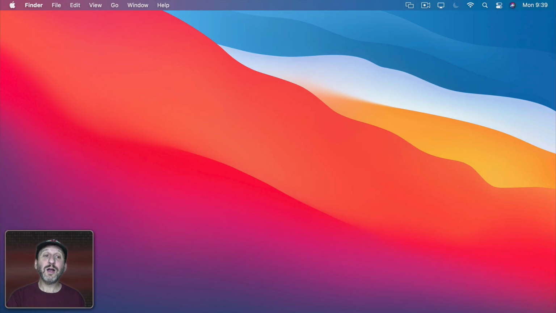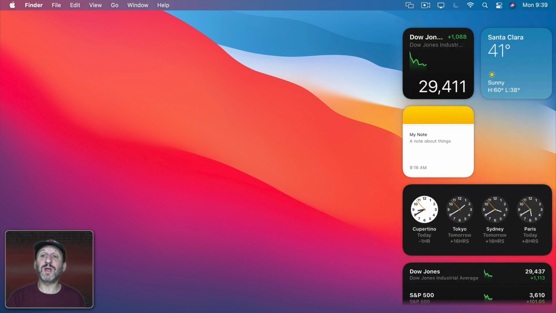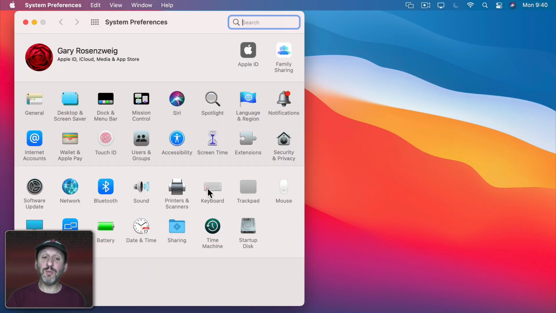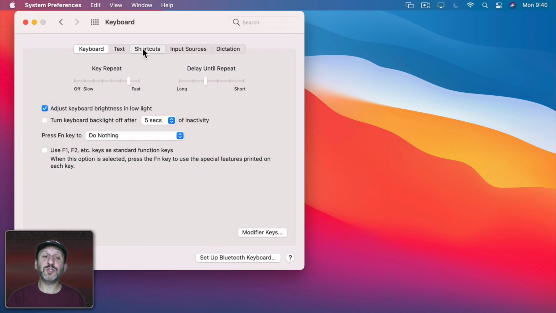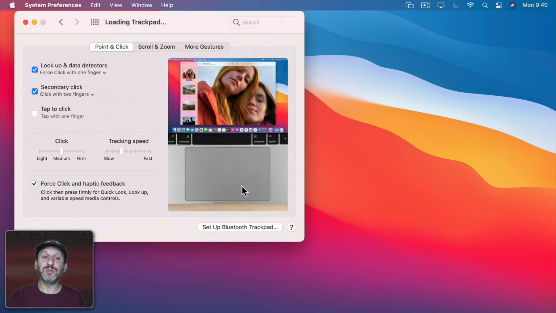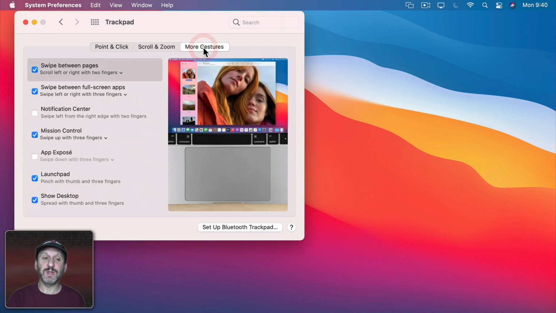I also should note that in addition to clicking here to bring up widgets, you can go to System Preferences and then to Keyboard. And then under Shortcuts, Mission Control, there's Show Notification Center. You could turn that on and assign a keyboard shortcut to bring it up. You also can go in Trackpad to More Gestures and you have Notification Center. If you turn that on, you can swipe left from the right edge with 2 fingers to bring up Notification